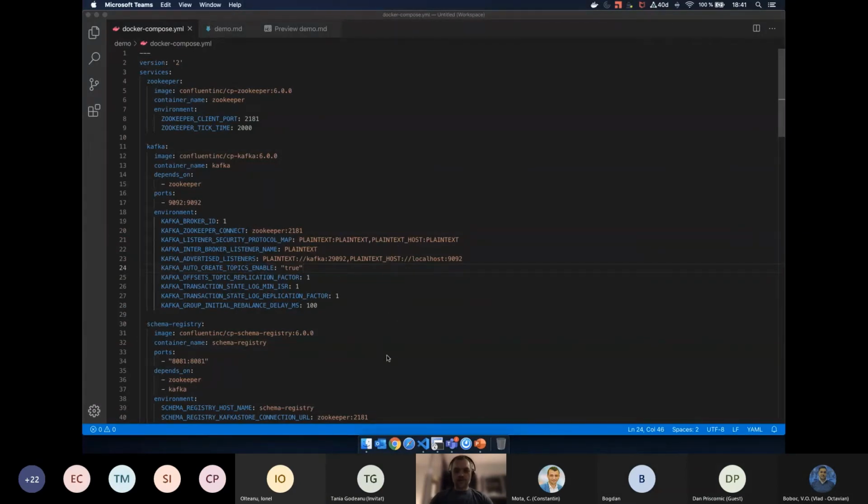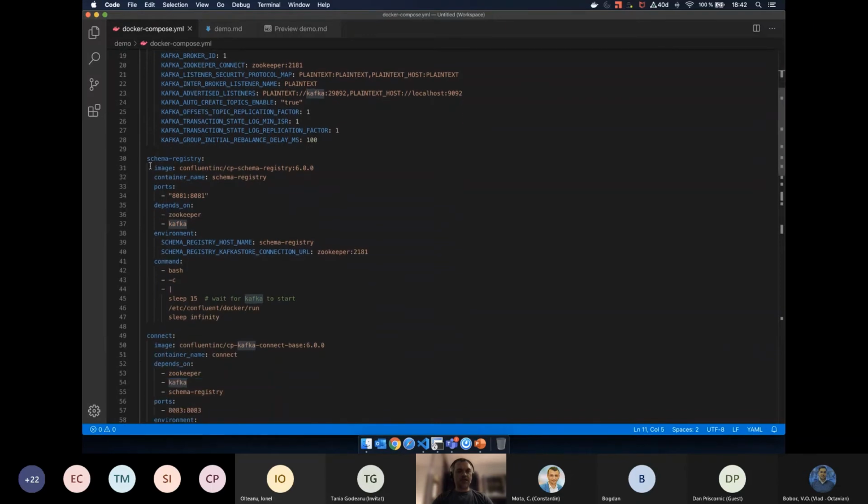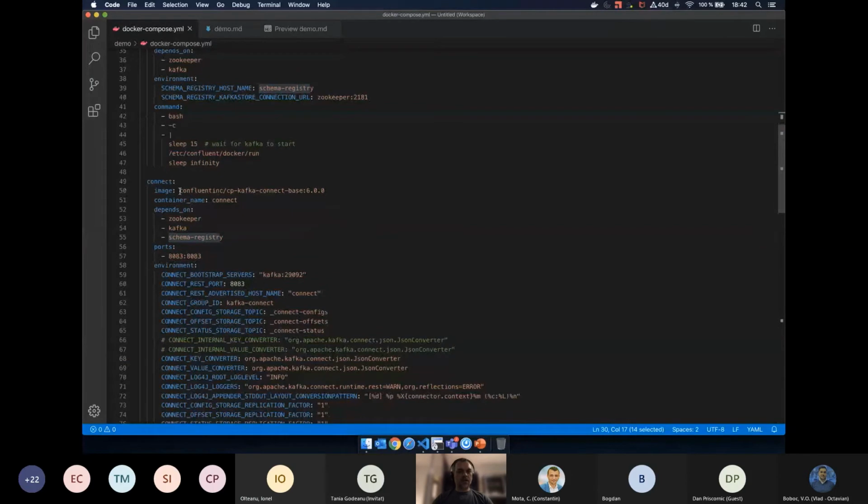First of all, for this demonstration, I am using Docker images provided by Confluent, and we have a Zookeeper container, a Kafka broker, a schema registry instance, a Connect worker running in distributed mode.